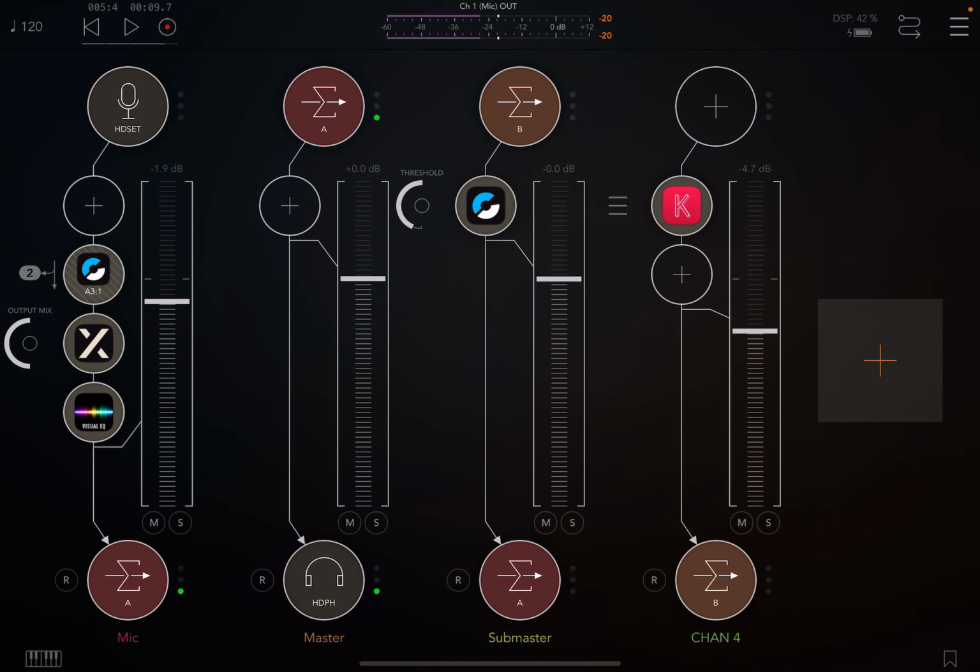You can ignore the first three channels. They're just for my microphone, so that you can hear me when the music's playing. So what we have now is a bass drum. Okay. So